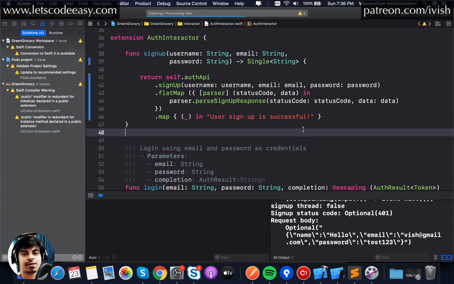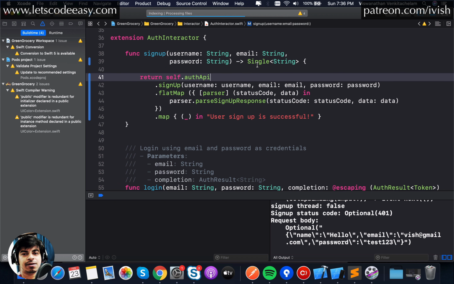Reintent, it's all good. So return. You can see it's a chain right now. This interactor sign up function is returning a single, but it is relying on the response of this sign up request made to the server, which in turn gives you a response with a status code and data, which in turn is parsed using this parser, parse sign up response, and which in turn returns me